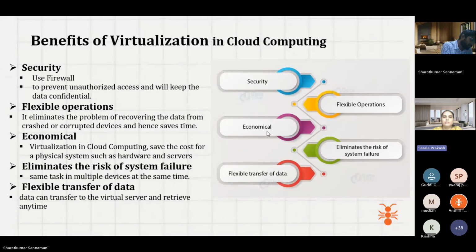The main thing is cost. Cost plays a very important and huge role, right? So the first thing is you can save the cost. Then elasticity and scalability, which you can get at your fingertips. You need only one system to access those virtualization platforms, right? With cost effectiveness and scalability, wherever it is required, you can increase the capacity of your memory, vCPU, and storage. Then it is available worldwide, right?